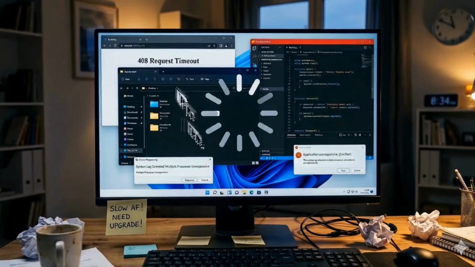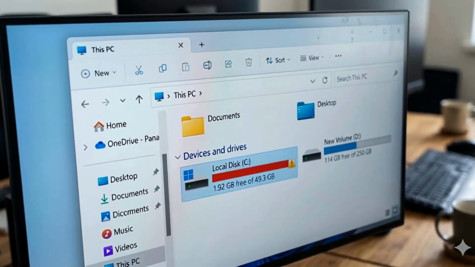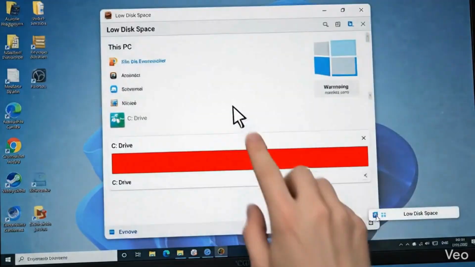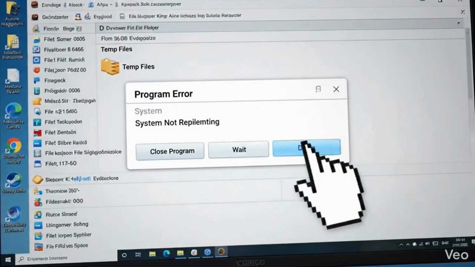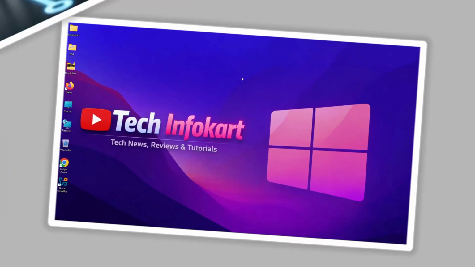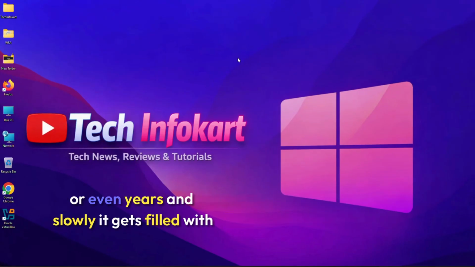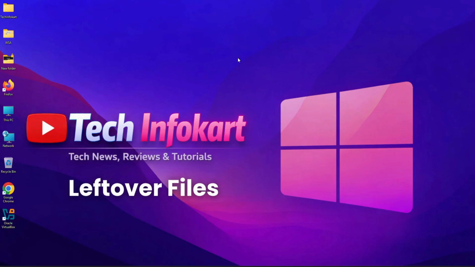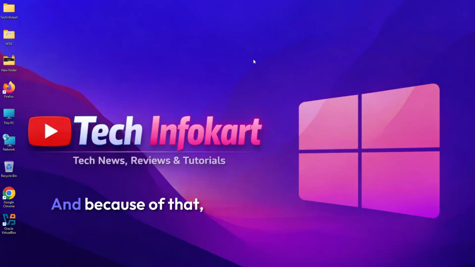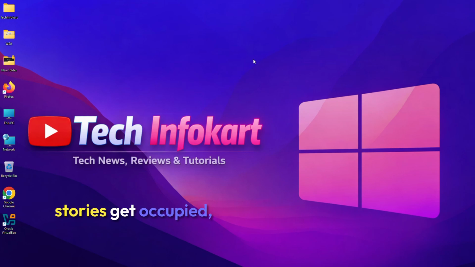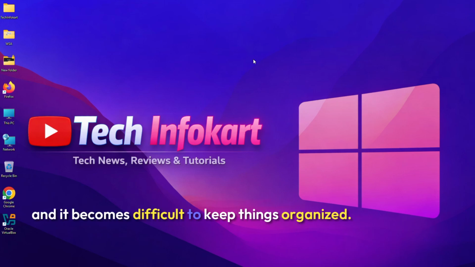If your Windows PC is getting slow, your C drive is almost full, or you have too many junk files taking up space for no reason, then this video is going to be really helpful for you. Sometimes we keep using the same computer for months or even years, and slowly it gets filled with temporary files, leftover files, duplicate files, and unused programs. And because of that, your PC may start feeling slower, storage gets occupied, and it becomes difficult to keep things